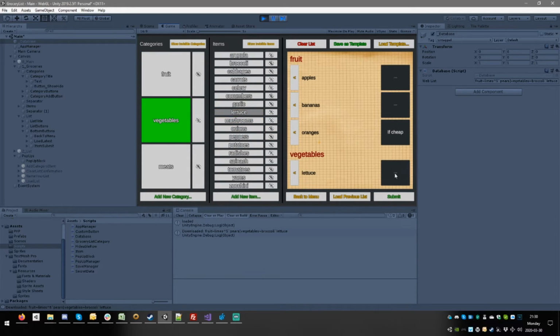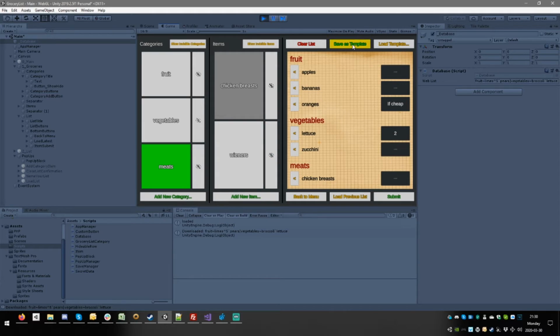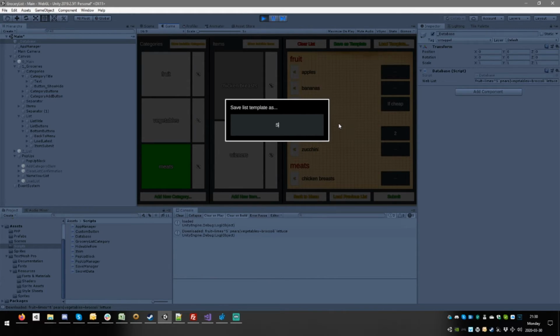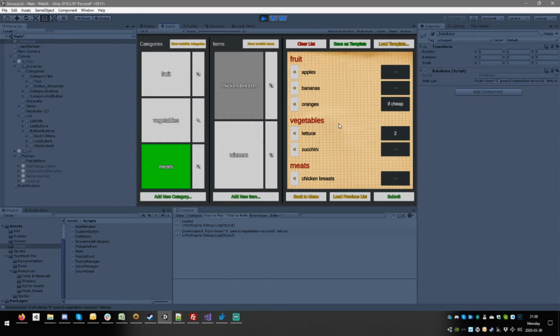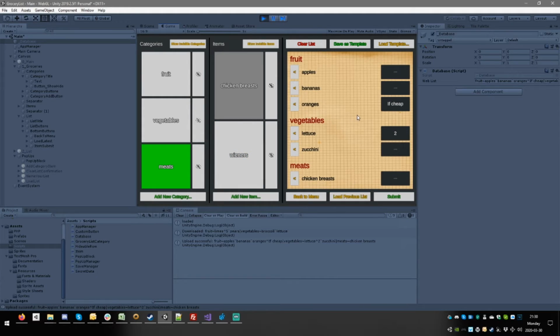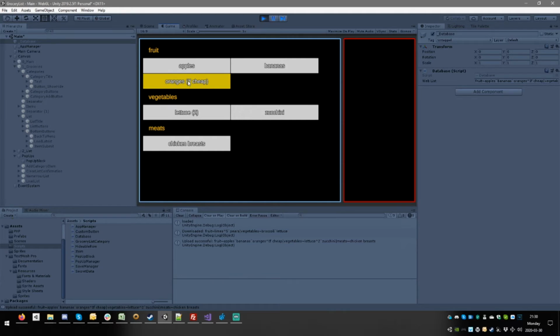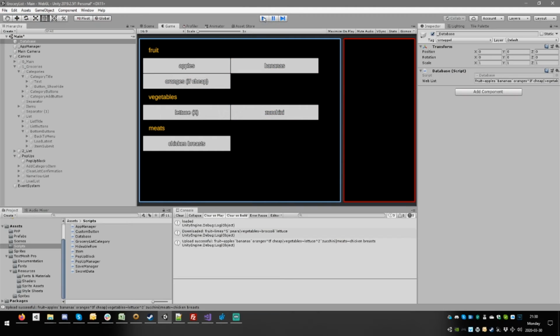vegetables, lettuce, 2, and zucchini, and meats, we're just gonna say chicken breasts. We're gonna save as template, standard, okay, load template standard, okay, submit the list, okay, let's clear the list, clear it, load the previous list, works, back to menu, read the list, works, yep, launch